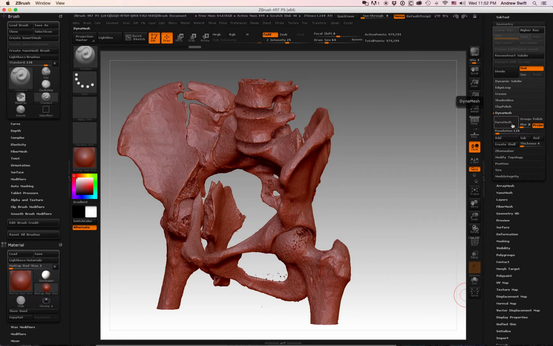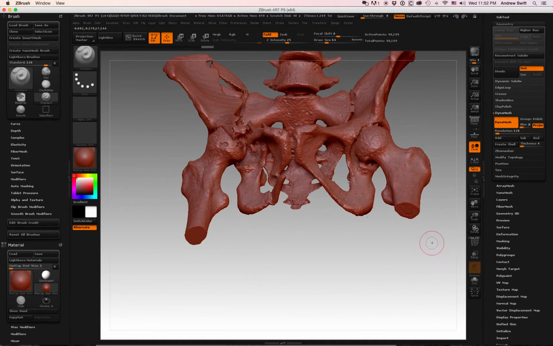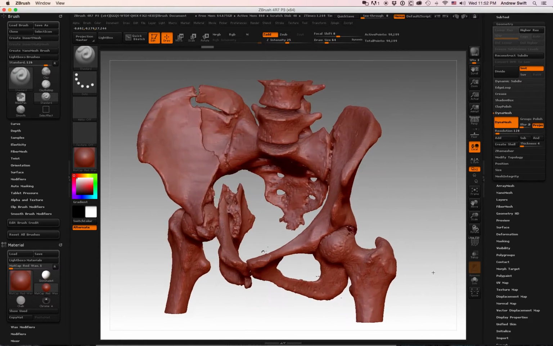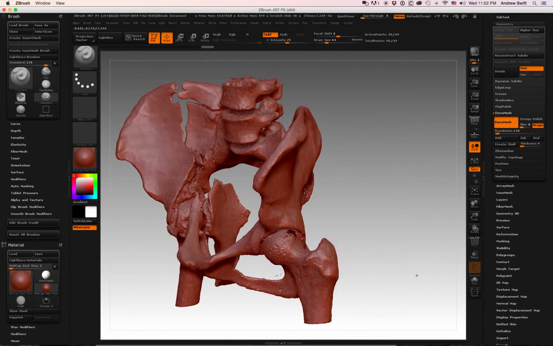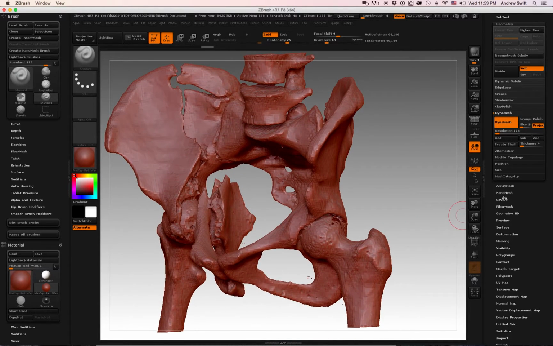Now we are going to do DynaMesh. Sure, 128. And this is a process of trial and error. I have 128 selected. Looks pretty good to me. And that's our model. Closed all the holes. It probably welded some things together we didn't want welded together. Notice we got a big hole there. That's not right. But nevertheless,